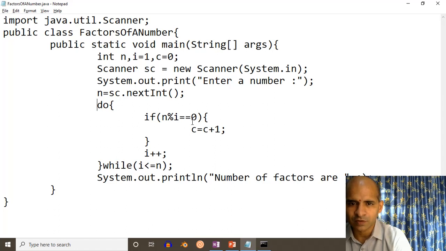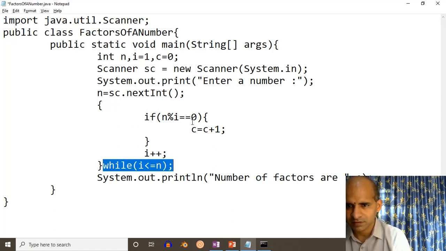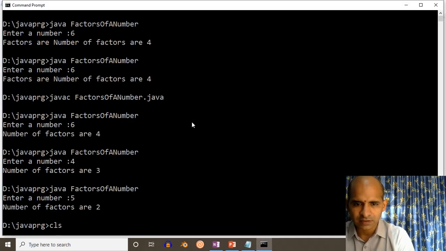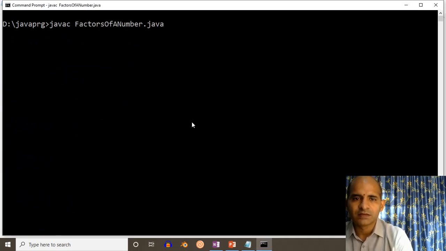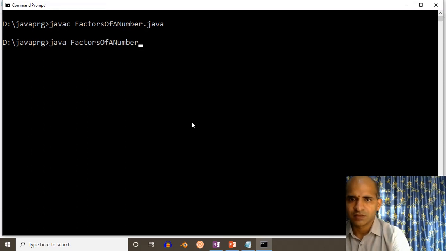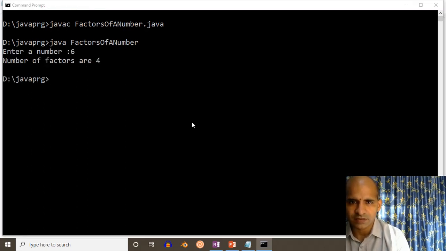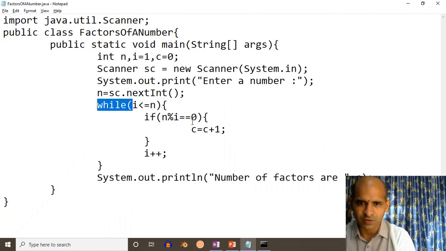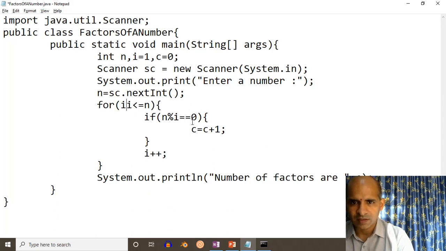And if you go for while, then replace this one with while. So now we can easily get the answer. So for 6, the number of factors is 4. Now if you go for the for loop, then what you have to do is change this one to for int i equal to 1, i less than equal to n, i plus plus.